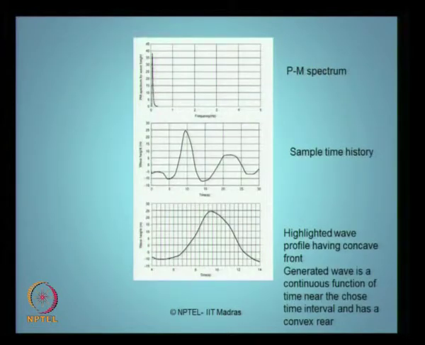So, this is a spectrum, sample history. You can see from the sample history the peak goes to 25 and the successive peaks are around 5, minus 5 and 10. Okay. And the highlighted wave shows a very specific window between 6 to 14 where this window is generated. Studies show that the generated wave should be continuous first of all and should have a concave front, then only it is accepted as an asymmetric wave. Okay. So, we have shown